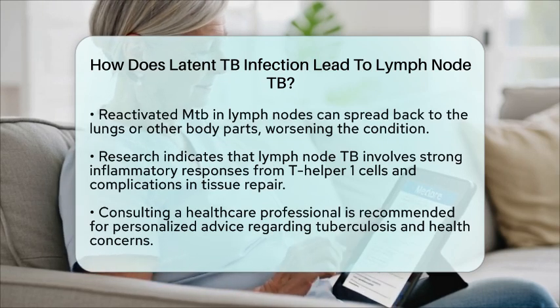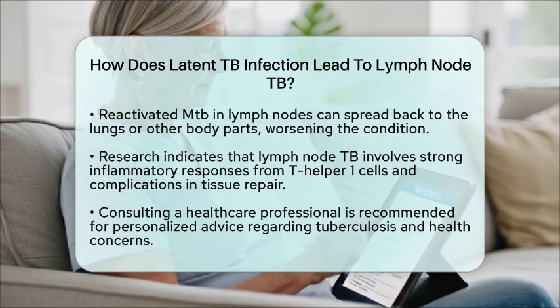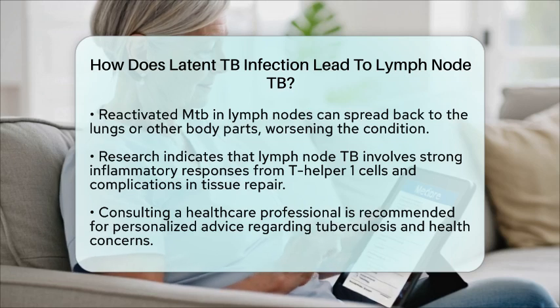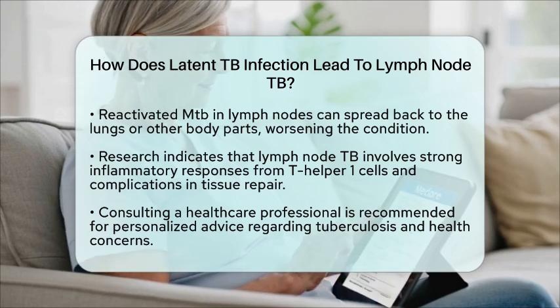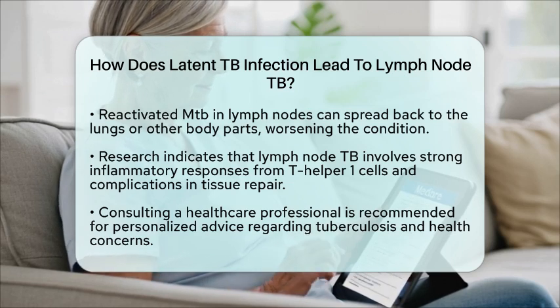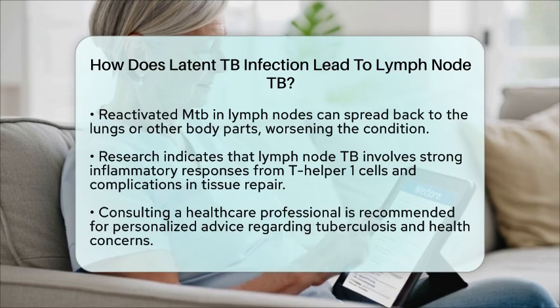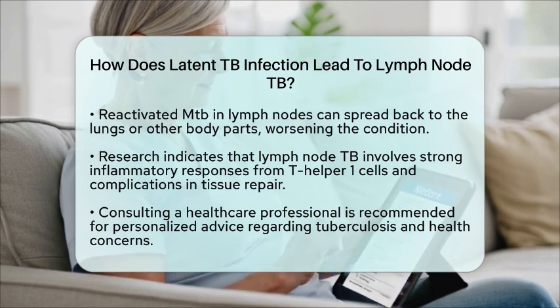In summary, latent tuberculosis infection can lead to lymph node tuberculosis through the ability of MTB to persist in macrophages within the lymph nodes during latency. The delayed immune response and eventual reactivation cause granuloma formation and damage to lymph node tissue. This process highlights the lymph nodes as both a reservoir for the bacteria and a critical area in the fight